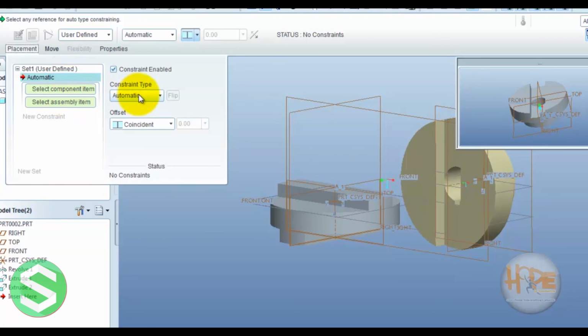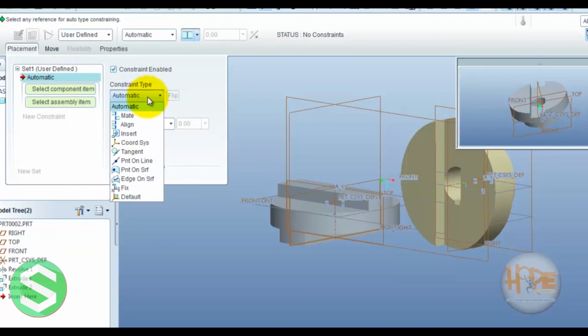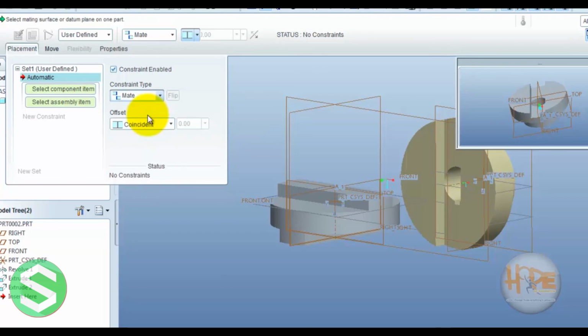Placement, define. First we can apply the mate. Mate means what? This part surface and this part surface both touch. So first we can mate the surface. This surface mates with this surface.